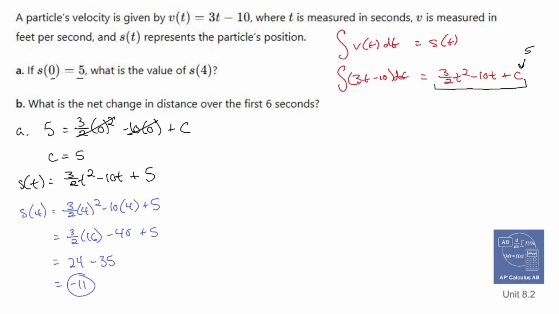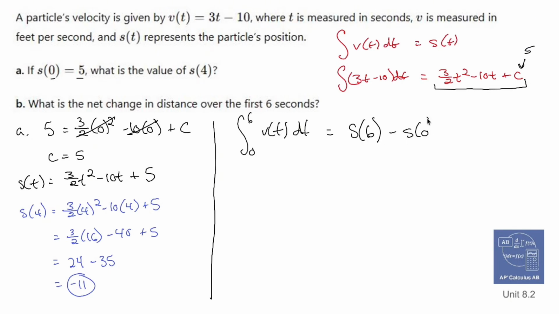Dunzo. Now I have to do part B, which is asking for the net change. That's the same exact thing as displacement. Since I already found the integral, normally displacement would be found by integrating between 0 and 6 of that v of t function, right? But in this case, all I have to do is, since I found out what s is, s of 6 minus s of 0. We found our s, we did the plus 5 thing, and so s of 6 is going to be 3/2 times 6 squared minus 10 times 6 plus 5